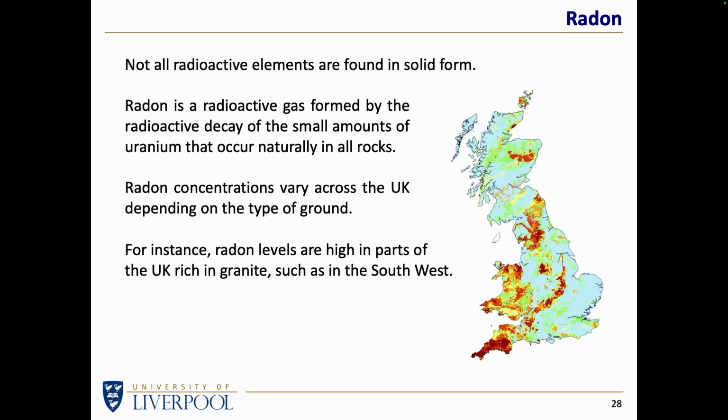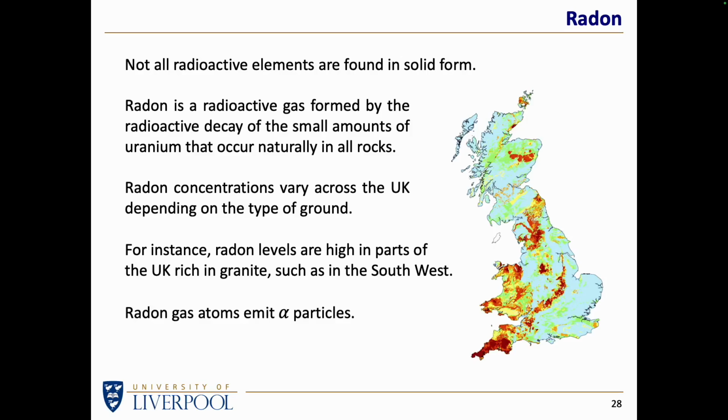Where I live, on the Wirral, very low. Where we are at the moment, which I think is somewhere around there, again, relatively low, perhaps as low as it could be. That doesn't mean zero, that just means not as high as other parts of the country. There will be radioactive atoms of radon in this room. I calculated earlier that given the size of this room, there are probably 1 billion atoms of radon in this room. That sounds like a lot, but it's absolutely tiny, because the number of oxygen and nitrogen molecules in this room is a million or so. The amount of radon is absolutely tiny by comparison,